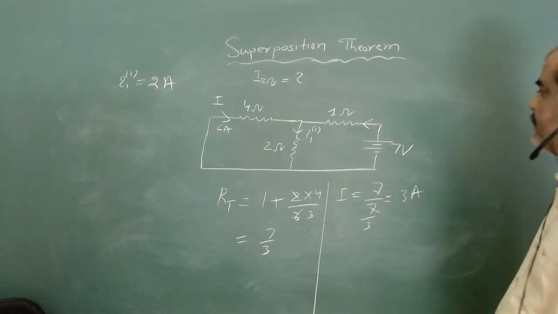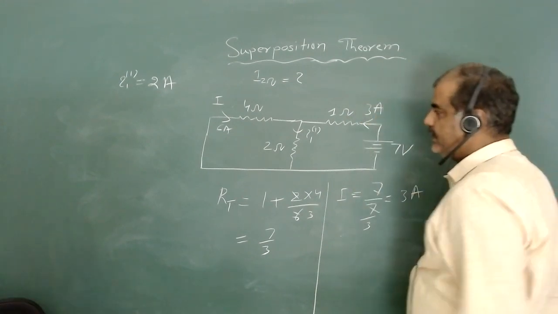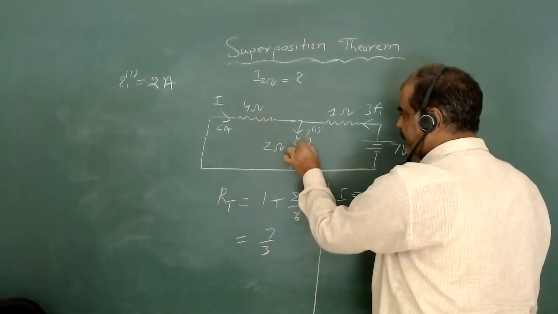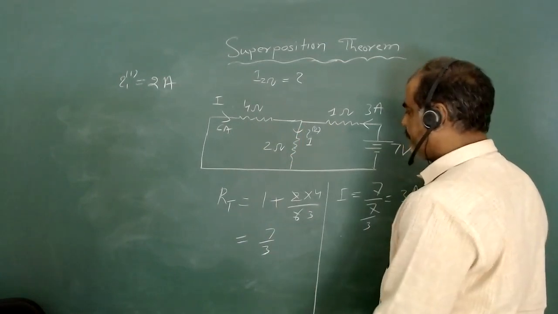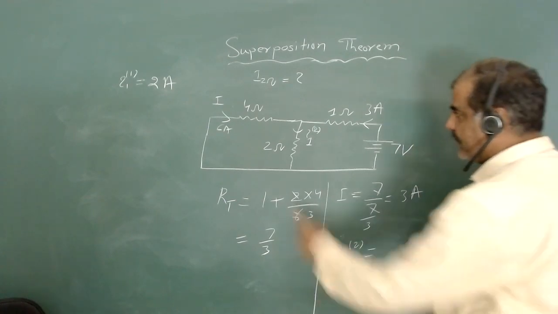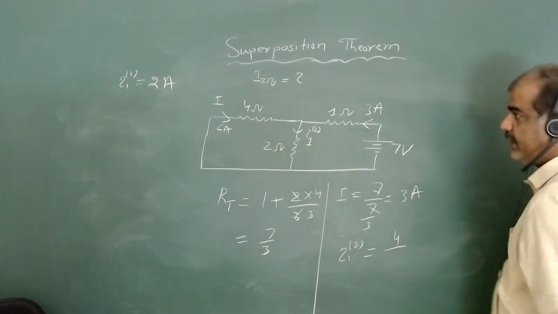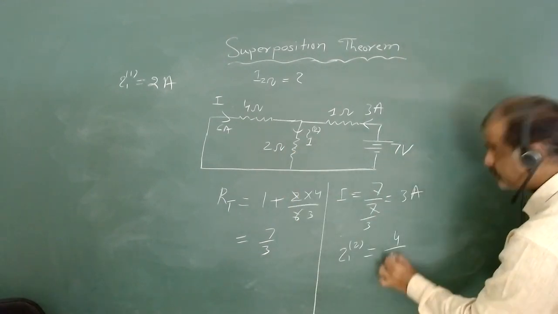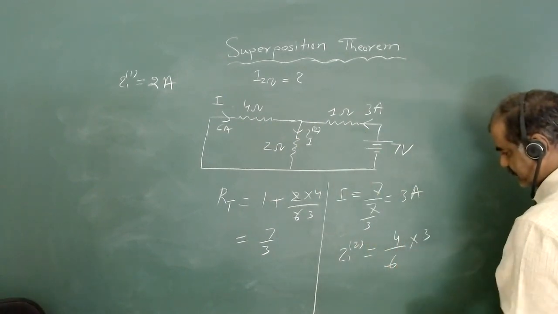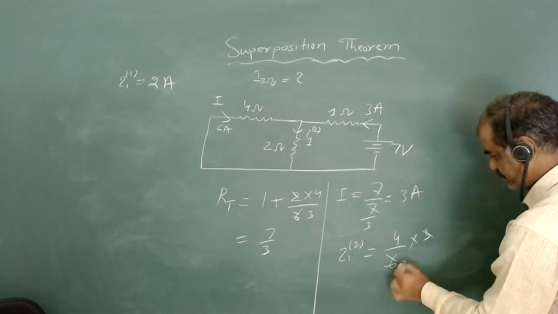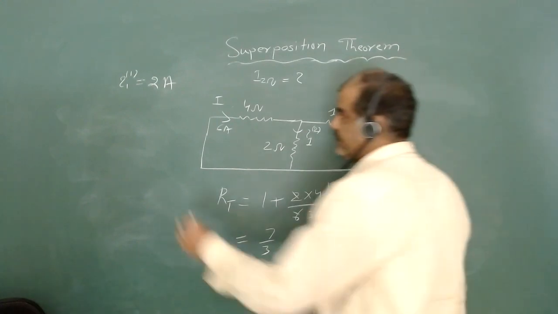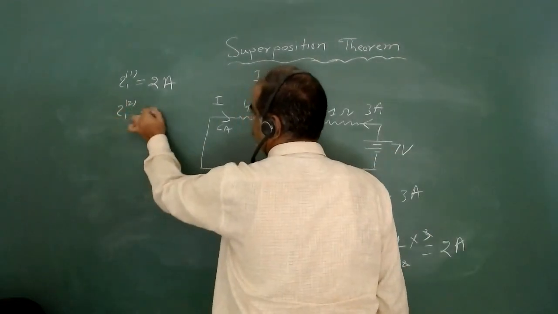Now this 3 ampere current will again go into this circuit. These two resistances are parallel, and I need I1, so this is I1 in case 2. So what will the value of I1 be? Applying current division again, I'll take this resistance 4. 4 upon 6, total 4 into 2, and the total current coming here is 3 ampere. So this will come 1, this will come 2, so the current is again 2 ampere. My I1 in the second case is also 2 ampere.